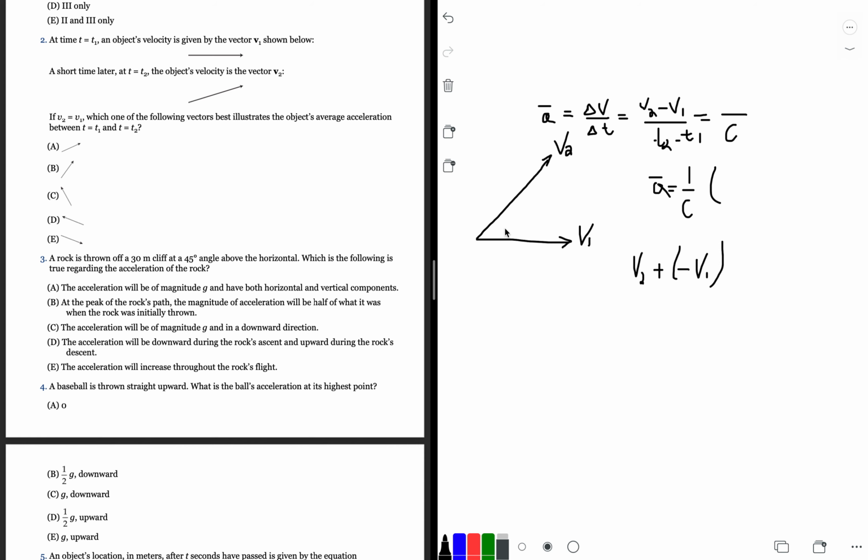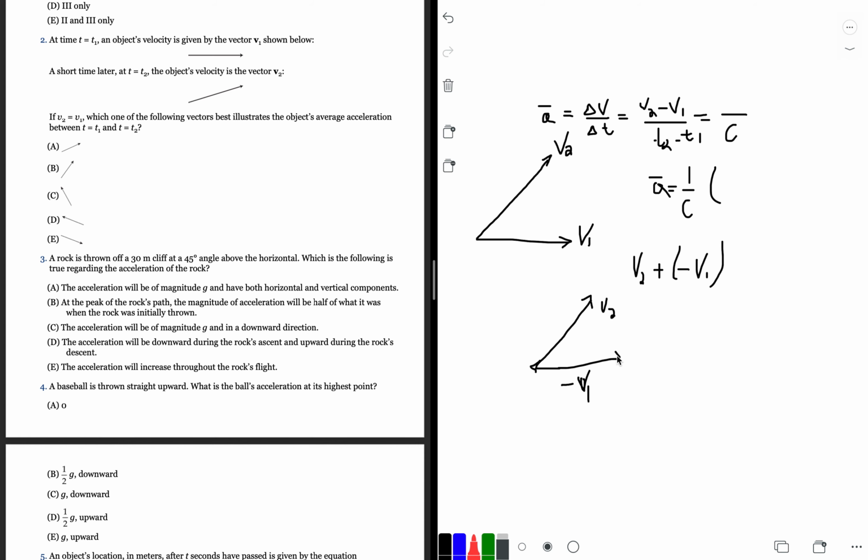Right, so here, if vector 1 is the opposite of vector 1, you change the sign, so it flips, and vector 2 remains constant. However, you're adding the two vectors now. So this is actually minus v sub 1, and to add the vectors,